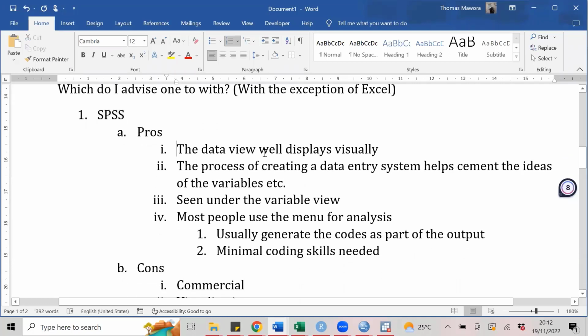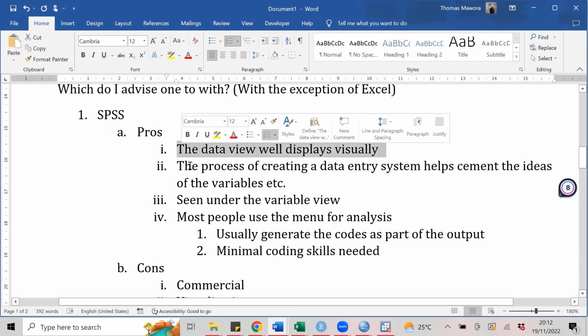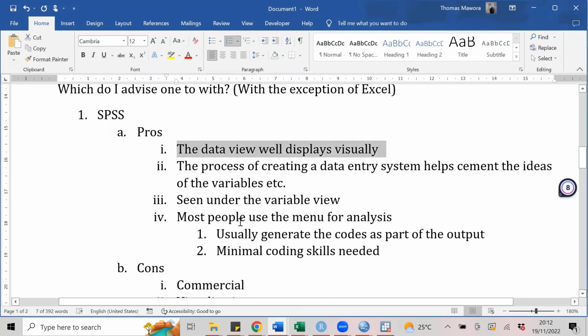Why would I say that? Like I say, it starts to have some very good visualizations. Not visualization, but I mean, it really makes somebody able to understand the data. They can look at the data and they can see what we call the data matrix, the rows and the columns, very well.